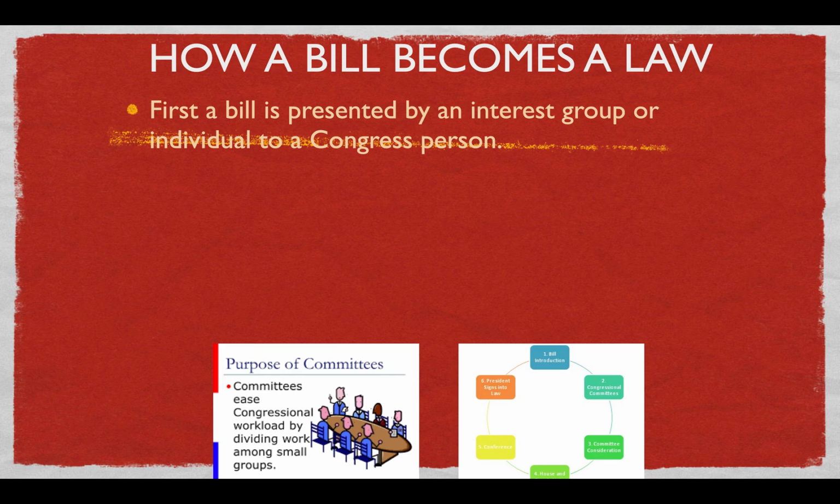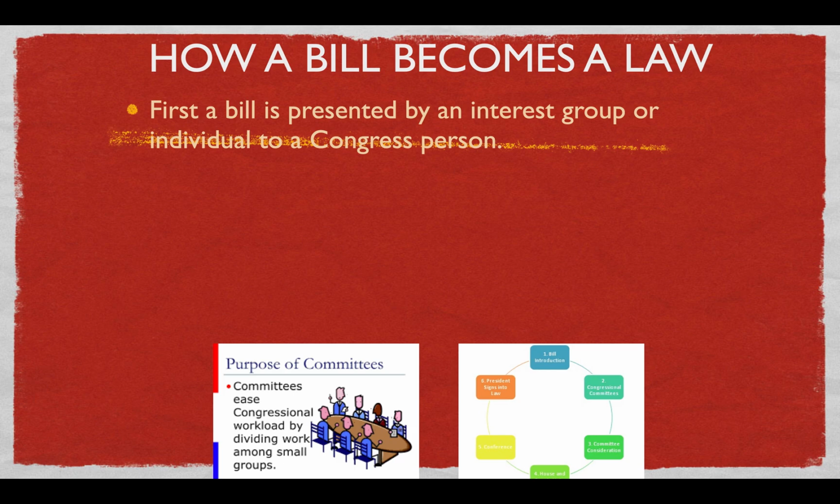First, the bill is presented by an interest group or an individual to a congressperson. And depending on what type of bill you have, if it has to do with revenue or spending or what are called appropriations, which means that it says in the Constitution if the money has to be appropriated or cut, which means cut out or money is spent from the Treasury, then it has to go to the House of